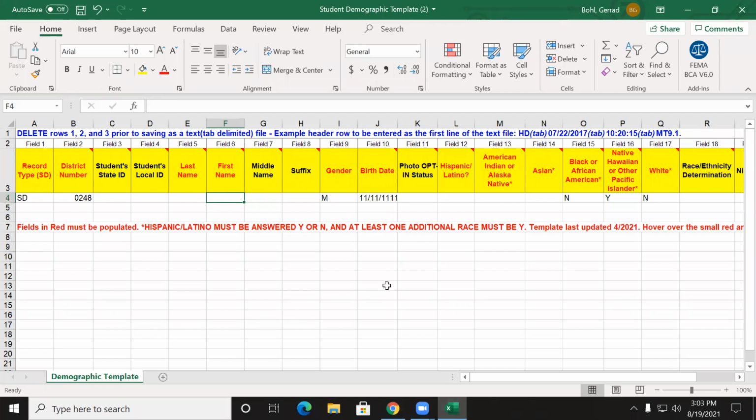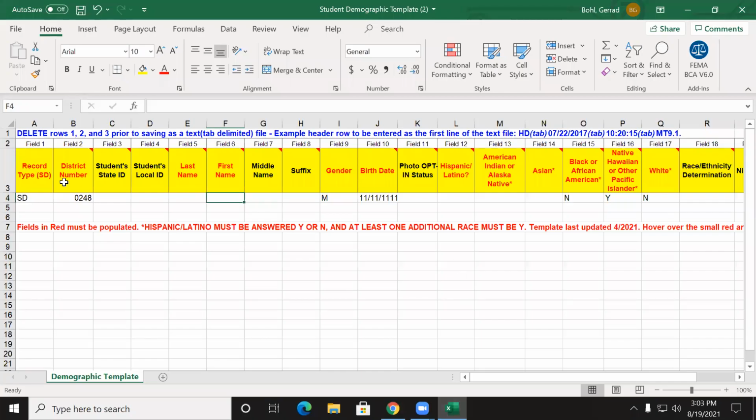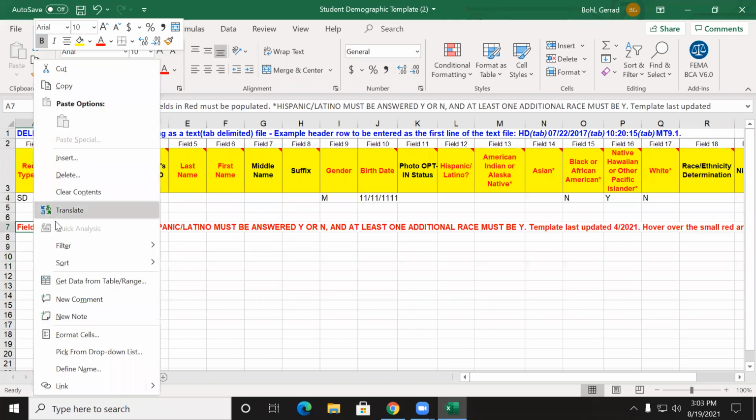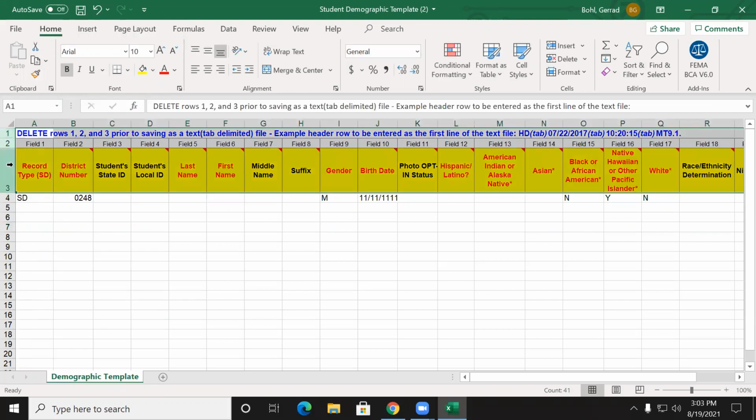If it does match, you don't have to use the template. Because if it matches this perfectly, you should be able to import this extraction directly into Campus. If it doesn't match, then you use the template and populate the information, like so. You'll have rows and rows and rows of students. Delete this. You don't need this in here when you're done. Then you delete these first 3 rows